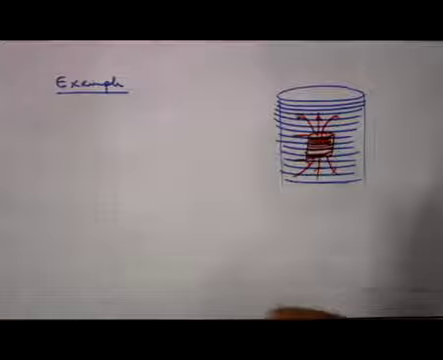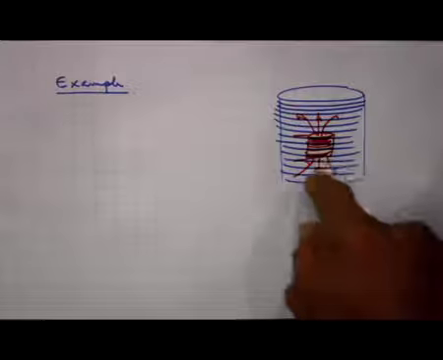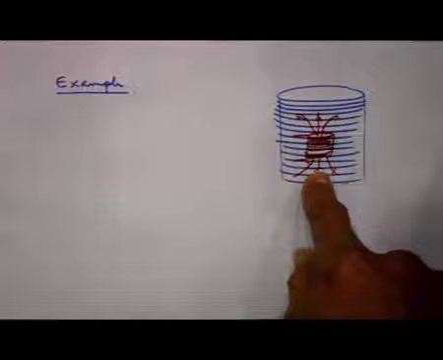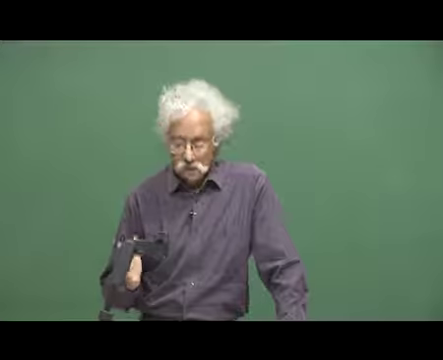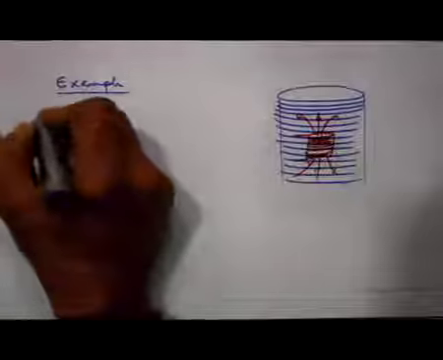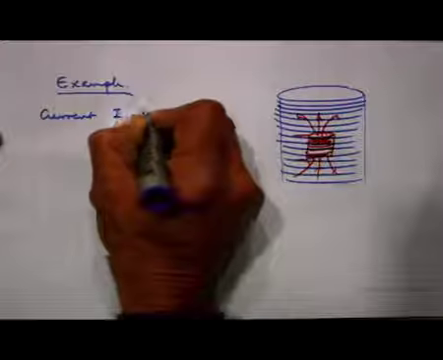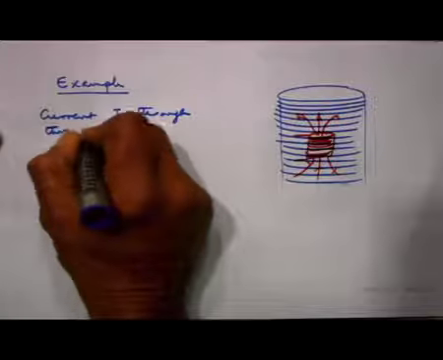I must calculate the flux enclosed by the outer solenoid when I pass a current through the inner solenoid. That problem is a little complicated. So, I can use the relationship that M12 is equal to M21, and I pass the same current through the outer solenoid and I calculate the flux enclosed by the inner solenoid, because that is much easier. So, for example, if I pass a current I through the outer solenoid,